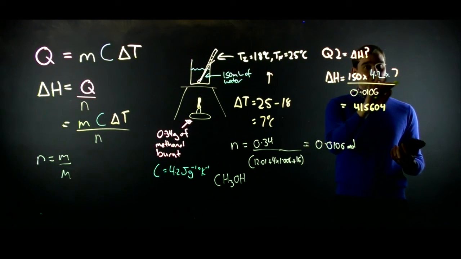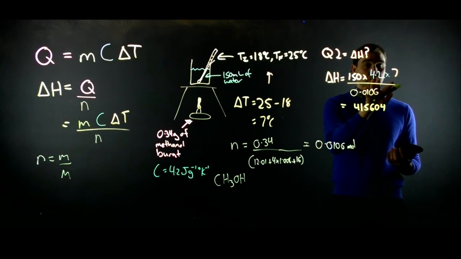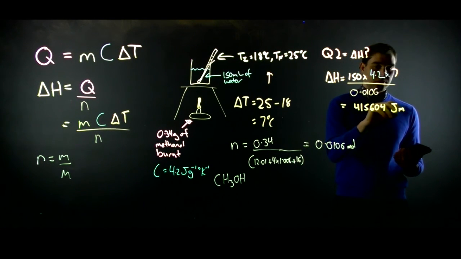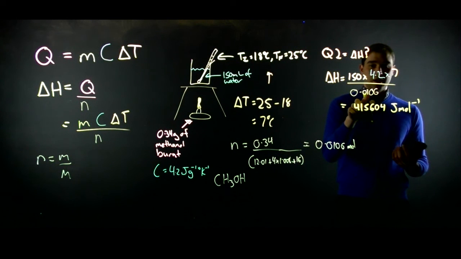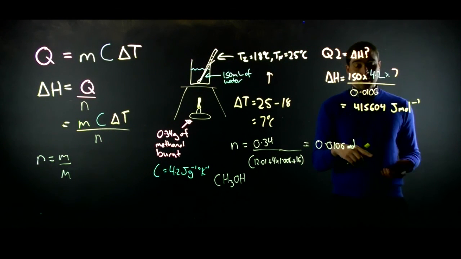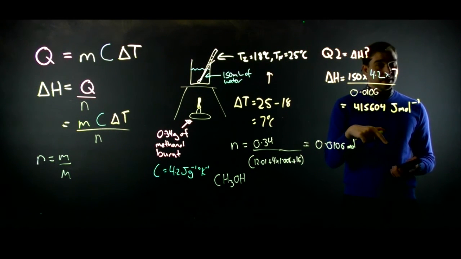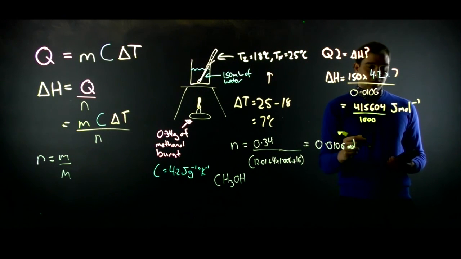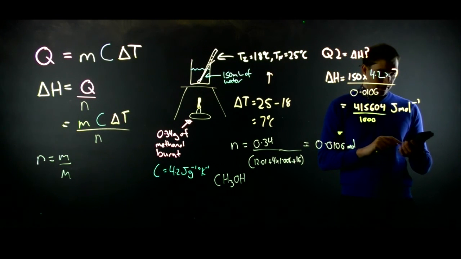My unit before I divided by 1,000 was joules, and this is in moles, so my unit then is joules per mole. Number of moles is in moles. The answer asks specifically for it to be in kilojoules. So to turn from joules to kilojoules, we need to divide by 1,000. And so, divided by 1,000 on my calculator, really I'm just moving this decimal place a few times, and I get